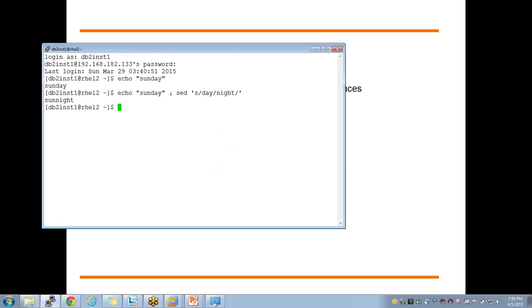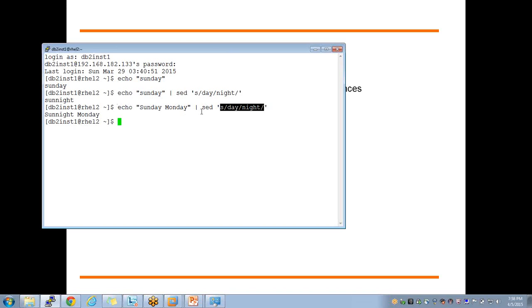Now if I write another example here, Sunday Monday, when I say sed day with night, only the first occurrence will be replaced here. You know the way grep, cut, sed, awk work is that on a given input, it goes line by line. Here we have only one line.